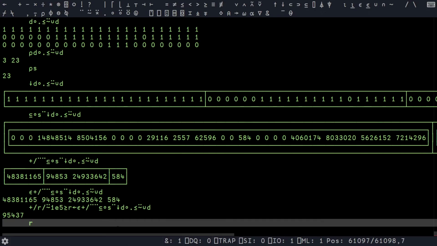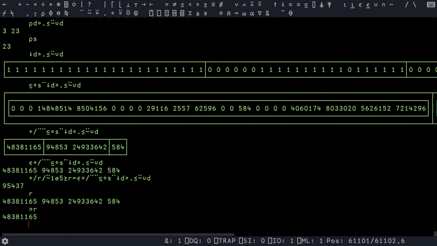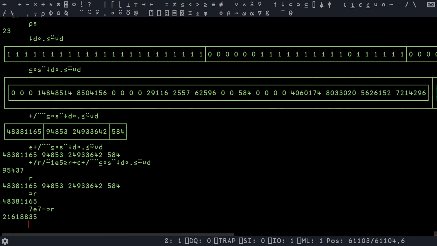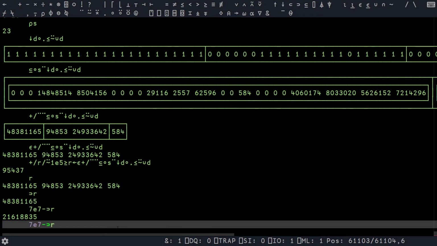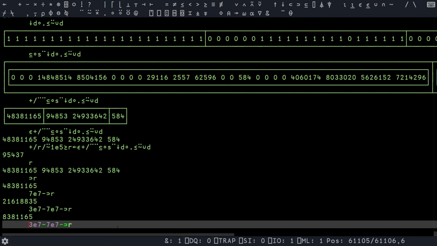So if we look at our result vector, this first item is always going to be the size of the root directory. And so another way that you could state this is the total size used by files and directories on the system. If we do 7E7 minus, this tells us how much free space we have, right? If we know that we have to free up 3E7 amount of space, we can do 3E7 minus. This tells us how much space we have to free up. And so we only want directories